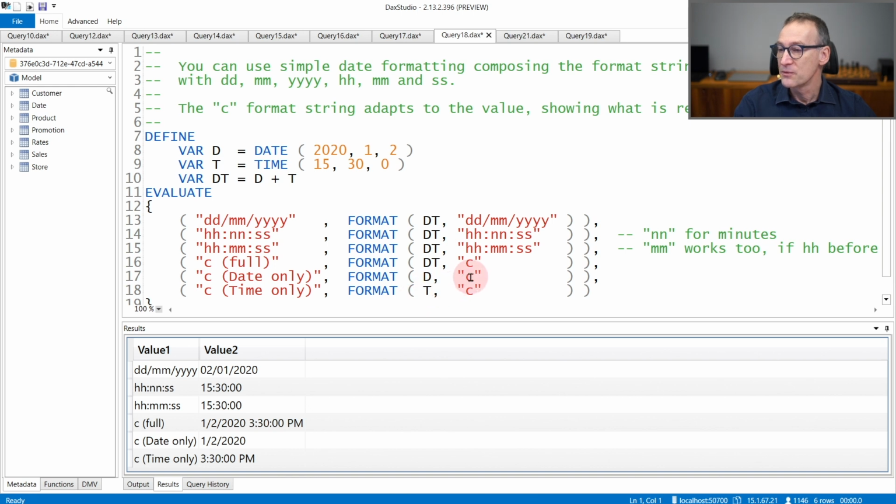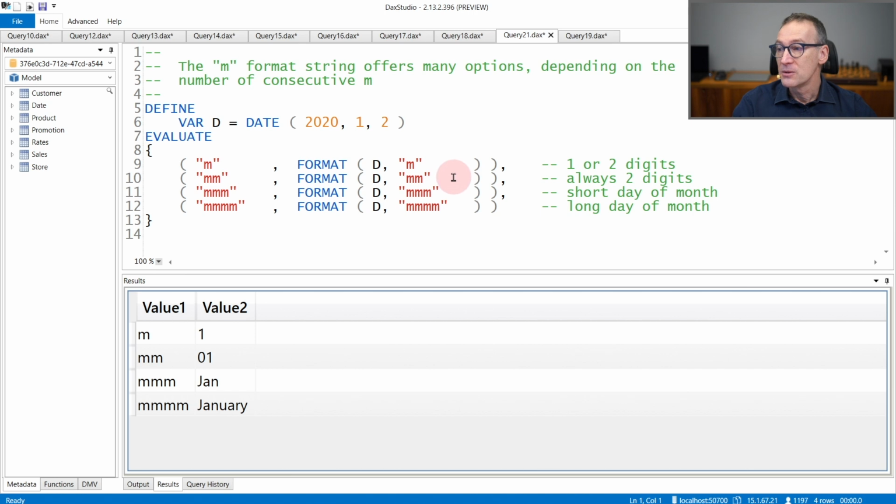But if you pass to the format string C only D, where D is just a date, the result is only the date. And if you pass it a value that contains only the time part, then the result is only the time part. So you can use C in order to have the most compact representation for a datetime, where the format function takes care of handling date and time.